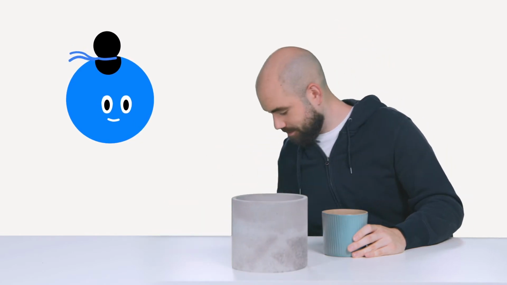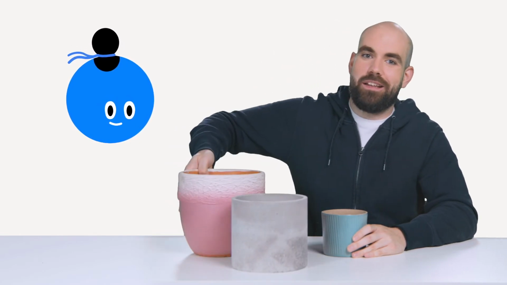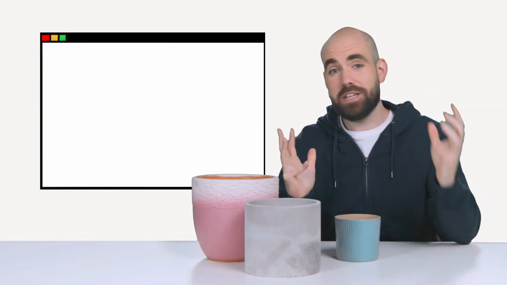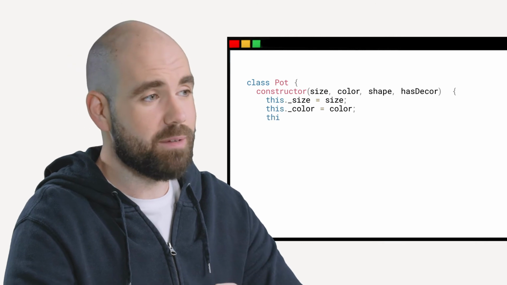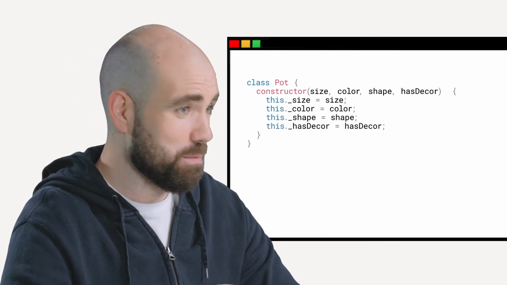To start, let's look at the basic principles of OOP in real-world terms. I've been attending pottery classes at the local community center, and I made this pot. Actually, I made a few. All my pots share characteristics. They can be defined by their size, color, or shape. When creating a design in my head, my thoughts look like this. It would take me some time to write this down for every pot I want to make.